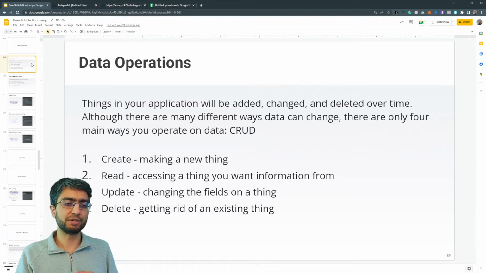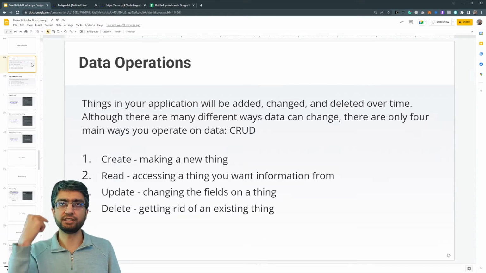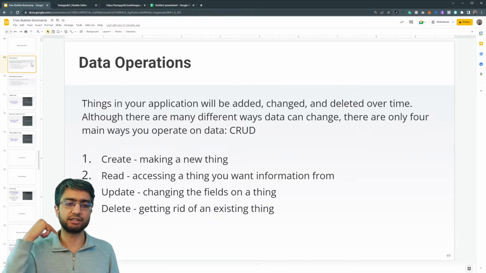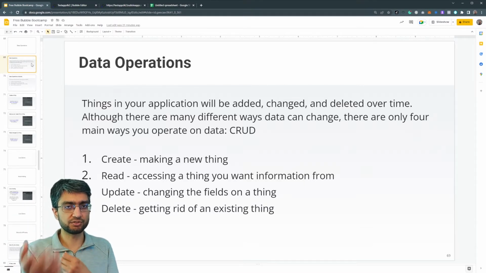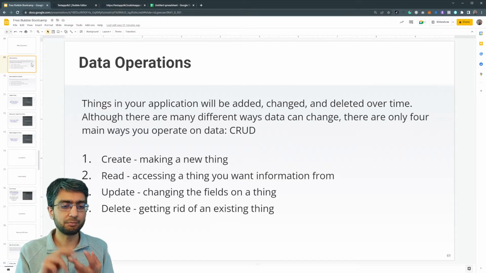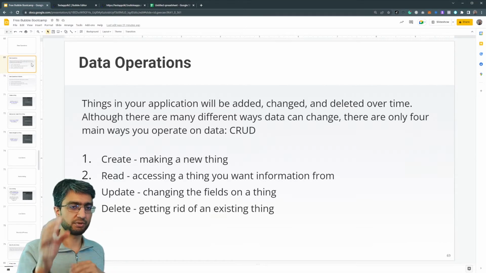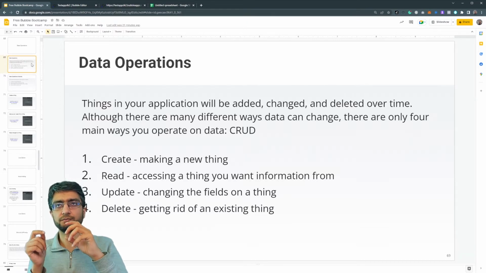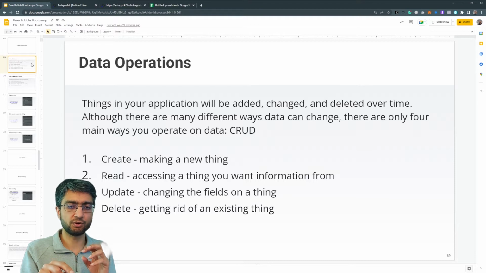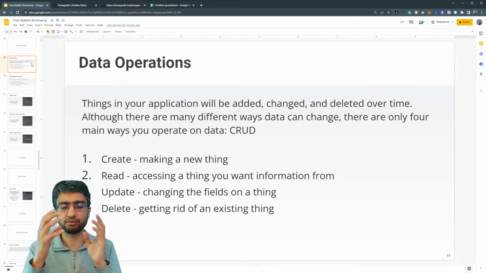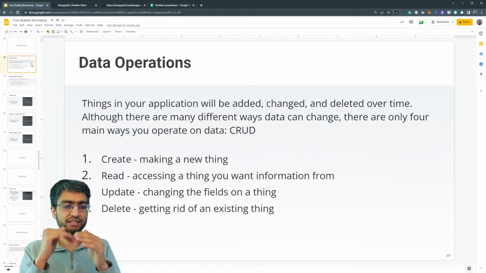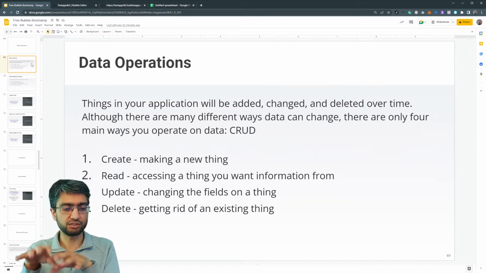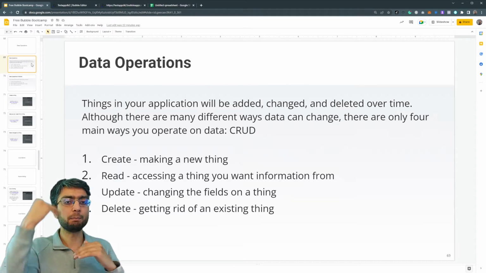Create means you made a new thing in the database. So creating an order, creating a menu item. Reading means I'm just reading the menu information, reading the order information. Update means I changed something. For example, the order has been submitted to the restaurant. It has a status type, and the restaurant accepts the order, and we're cooking it. So the status of the order changed to in the kitchen being cooked,